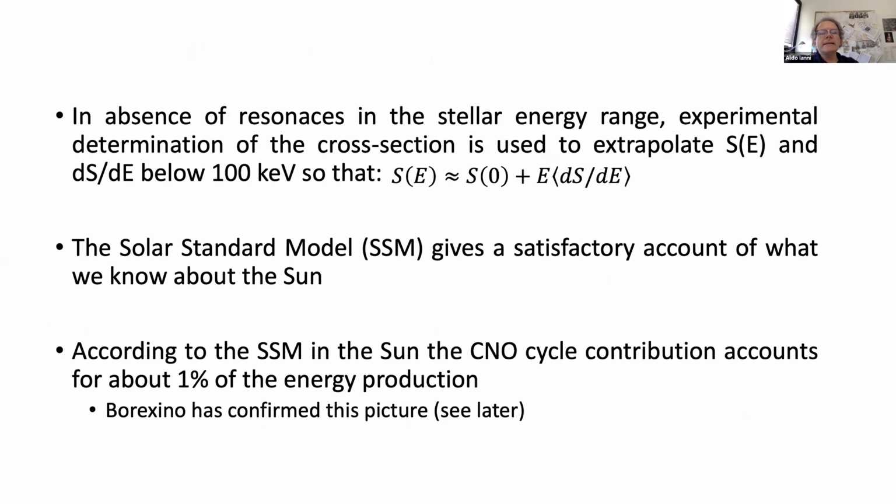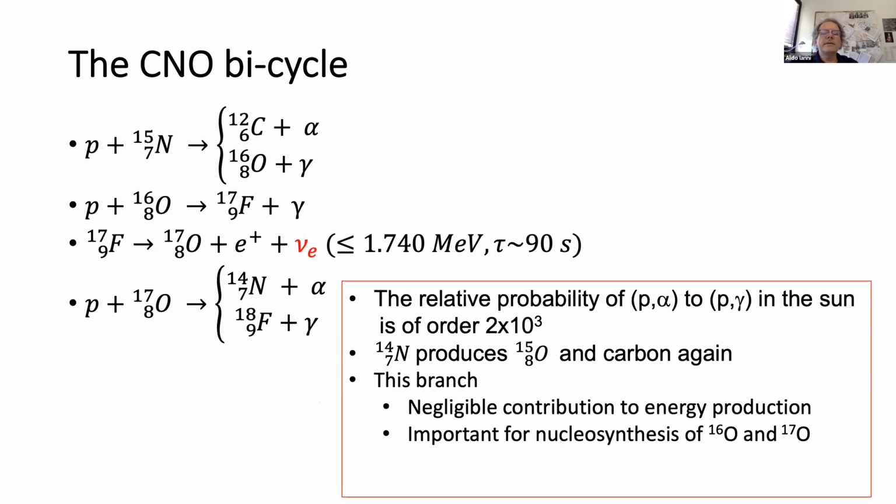So in any case, the solar standard model, as was discussed by Aldo Serenelli previously, gives a satisfactory account of what we know about the sun. And in particular, according to the standard model, regardless of the metallicity, the prediction is that the CNO cycle should account for about 1% of the energy production. And this, as a matter of fact, has been proved by the Borexino measurement, and it's a big achievement taking into account the complexity of the CNO cycle. And the complexity also could help, as Aldo pointed out, to understand the physics in more massive